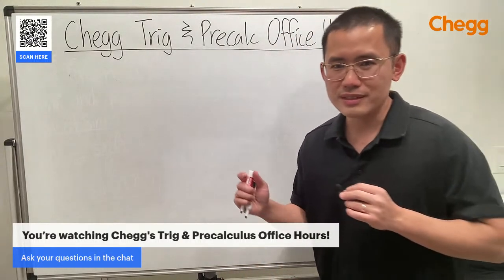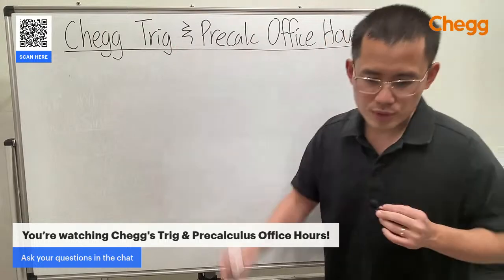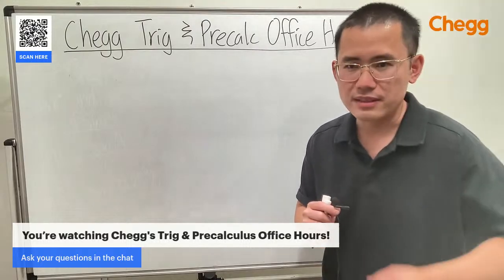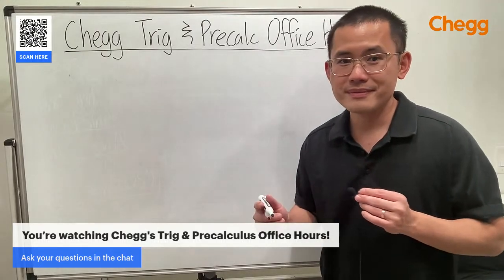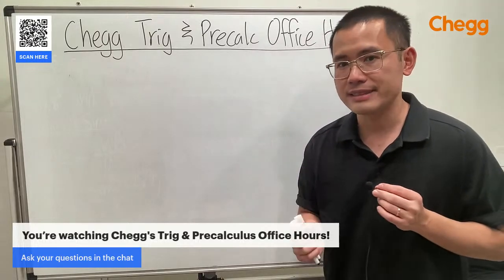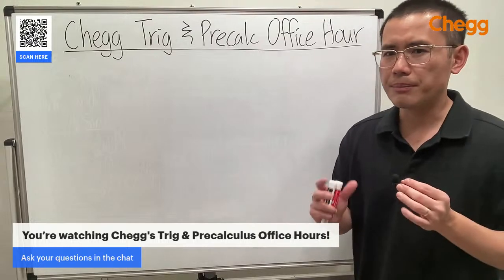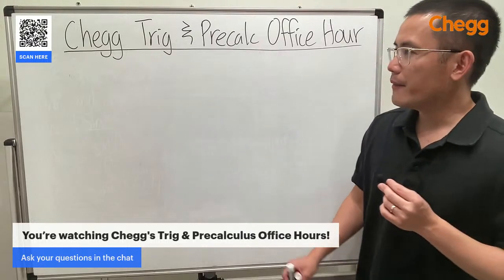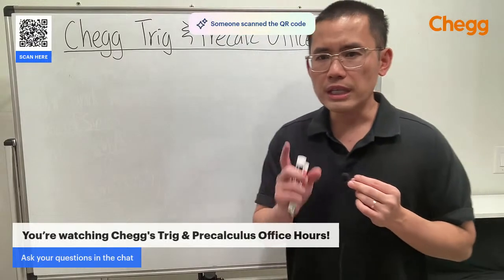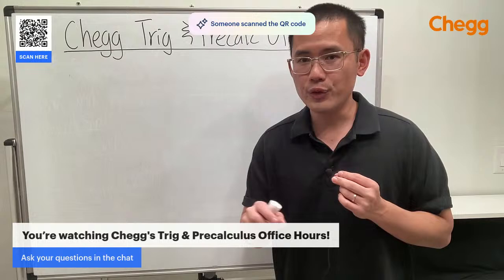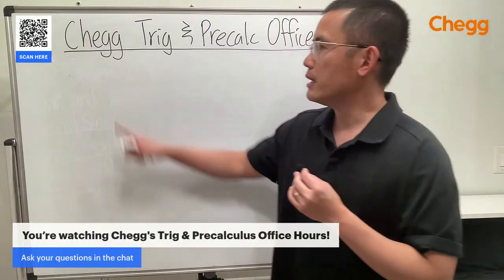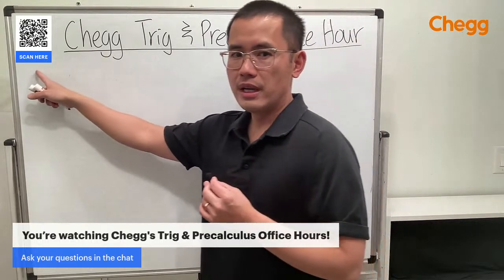Okay, do you guys have any questions, either trig related or pre-calculus related? Perhaps I'm going to give you guys another one. We also went over how to do the polar coordinate last time, so why don't we try to practice some polar coordinate equations? Let me do a polar equation, and I'm going to talk about how to solve trig equations in general. If you have a specific equation, feel free to put it in the chat. I think that's easier for you to understand and for me to provide the help. But right now, let's go ahead and talk about a